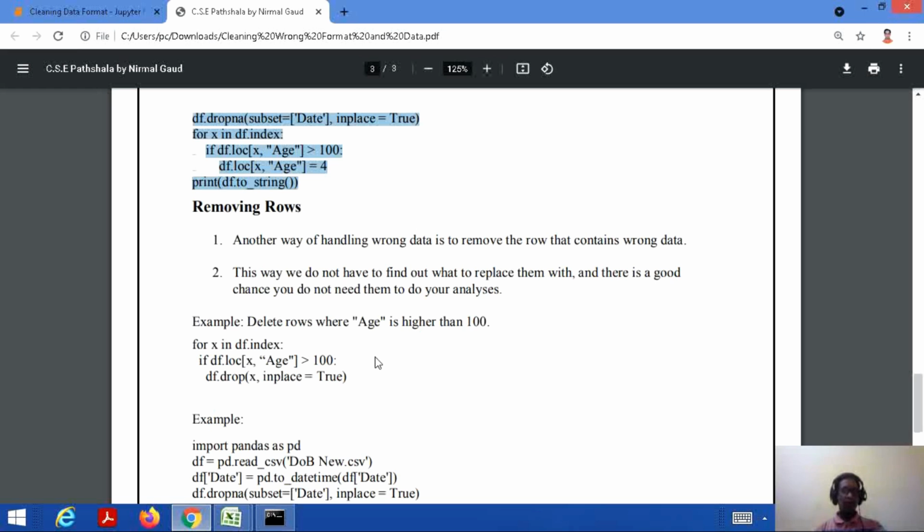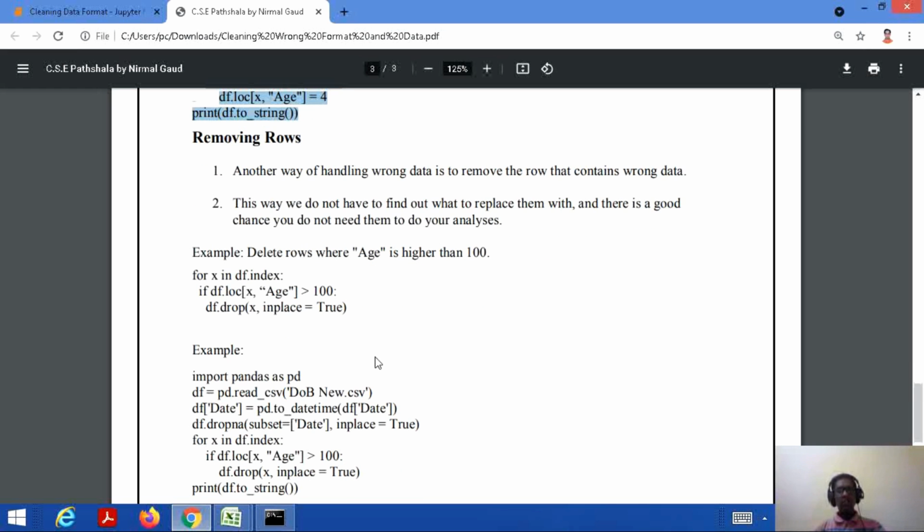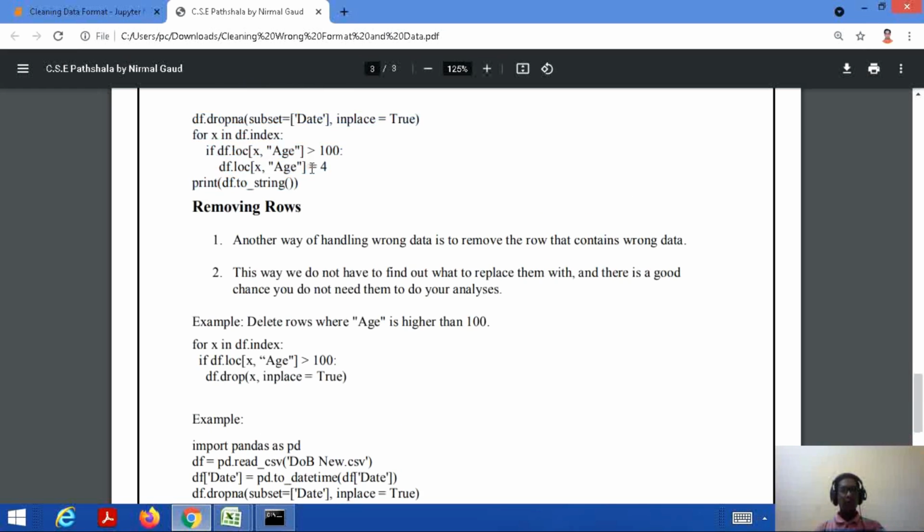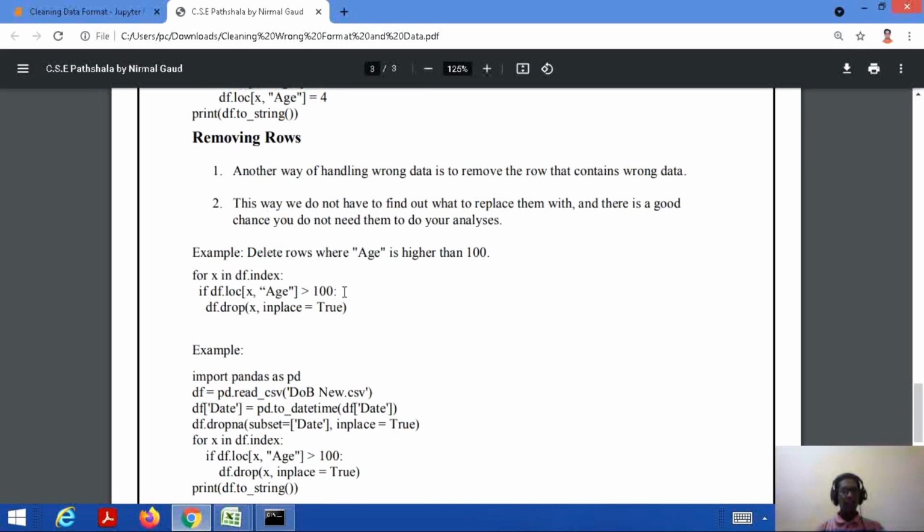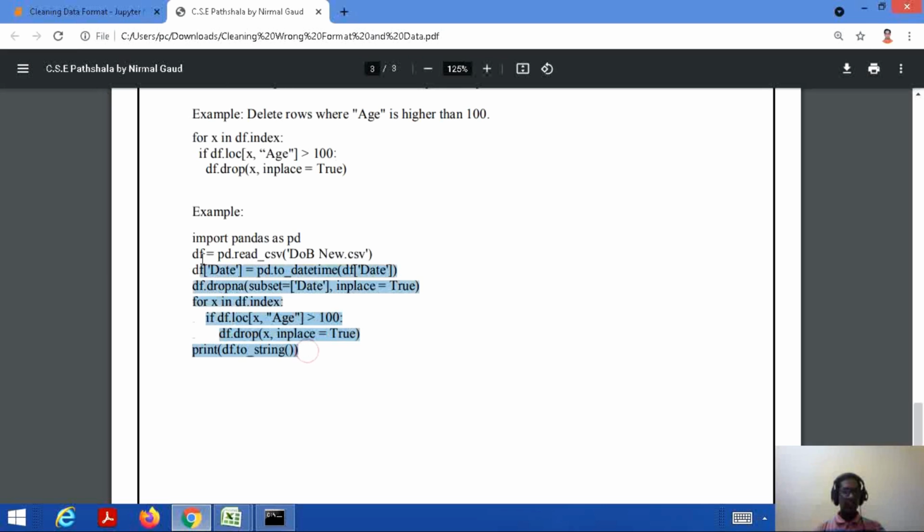So how to perform this thing? It's quite similar to what we did above with the replacement. Again, we will use the for loop here, and we will check each and every row for the particular column age. If it is greater than 100, then we will drop that particular row. And here is the statement, that is drop x comma inplace equal to True. So let's consider a code and then you will understand how to perform this.